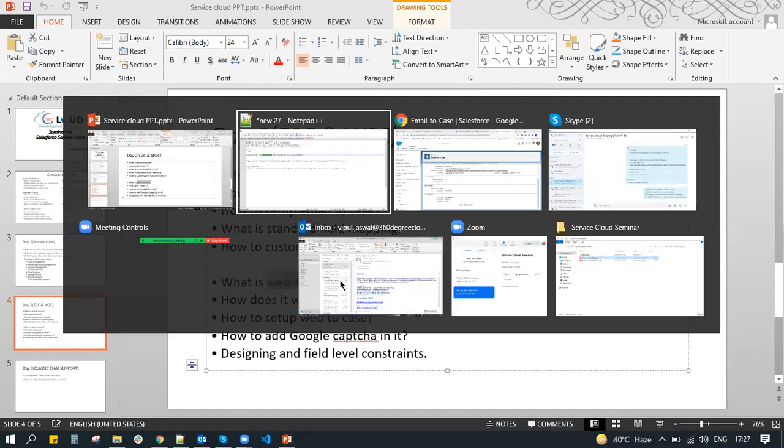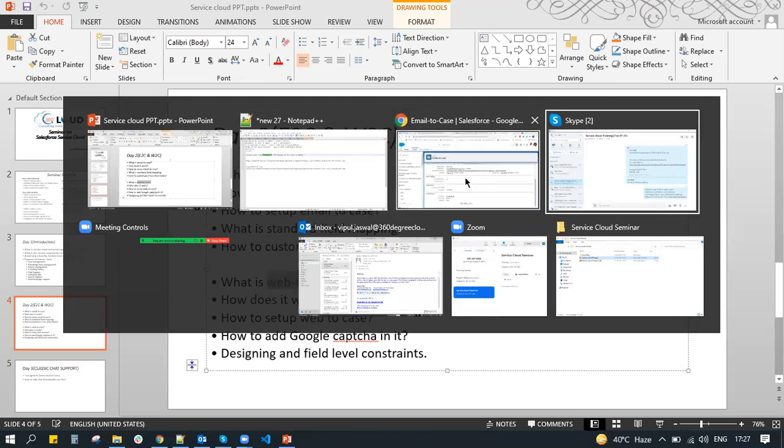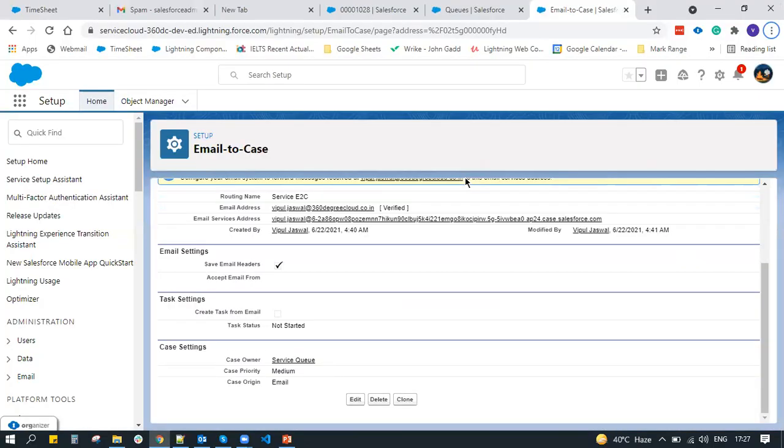What are Web2 cases and how do they work? While working with support or e-commerce companies, you must have seen a form where you fill some details. You fill your name, email address, your subject and your issue, and that automatically creates a case in the system, and that particular case can be taken care of by any of the agents, right?